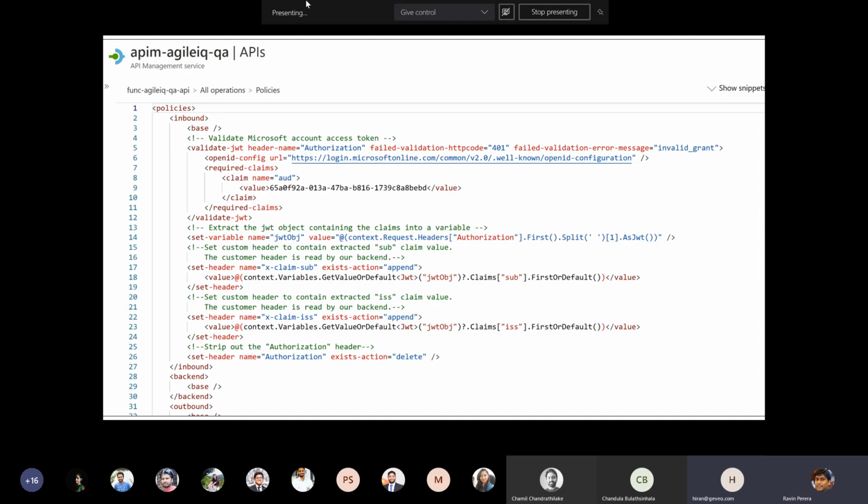Yes. So if your token has particular claims, I didn't want to show it, but can you see this required claims section? Yes, Ravin. So this area can be used to specify that if the token needs to be validated, that particular token has to contain this particular value in this claim. So if this doesn't fulfill, it will not pass. This will also work for some scenarios, but not for every scenario.